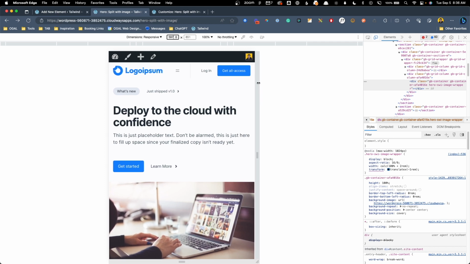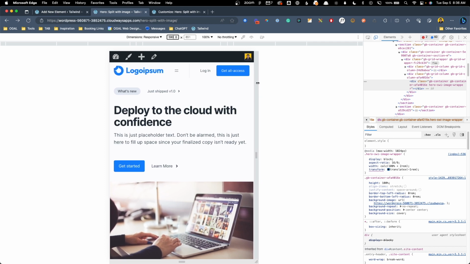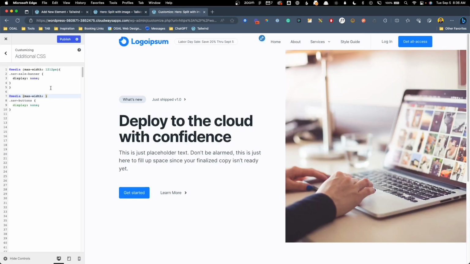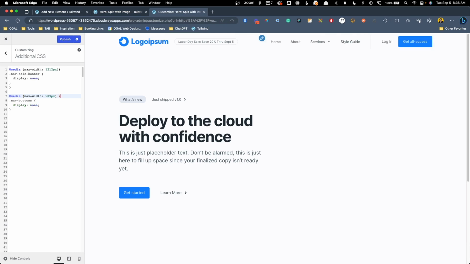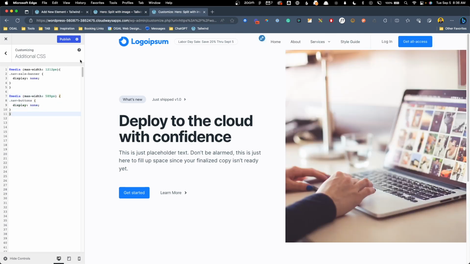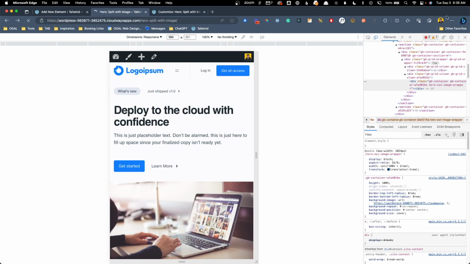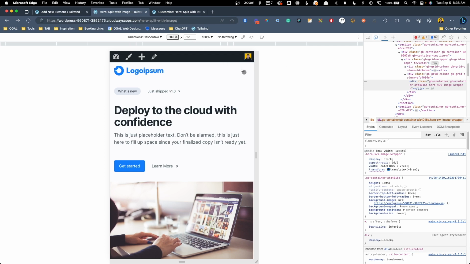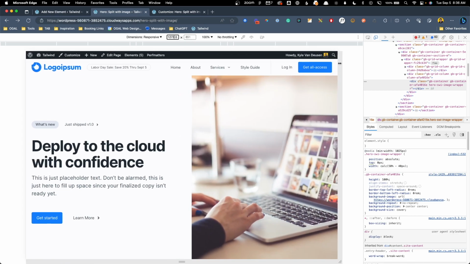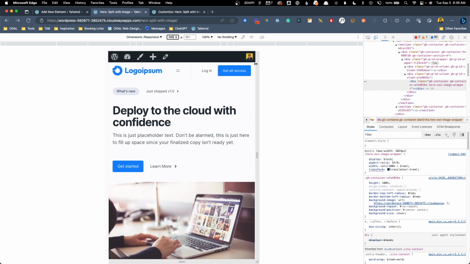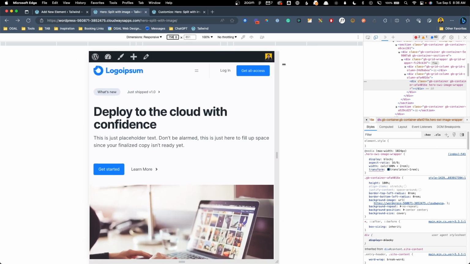So for me, I don't think I really want to get it any smaller than 590 before these need to disappear. So I'm going to go ahead in here and put 589 pixels. We'll have to open and close our curly brackets and hit publish. Now if I refresh on this end, right here it's fine, but as soon as we go to 589, those buttons disappear. So this means that now our menu's fully responsive here and looks really good at every single breakpoint,